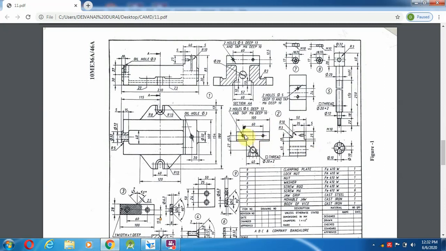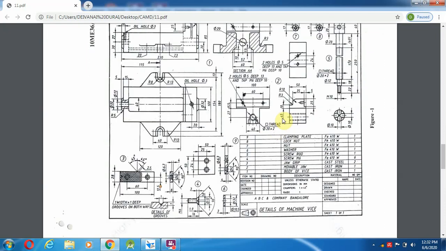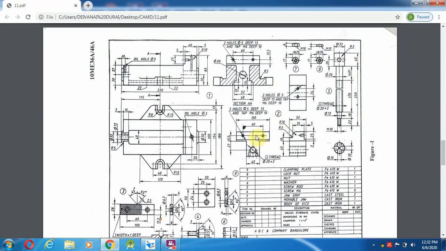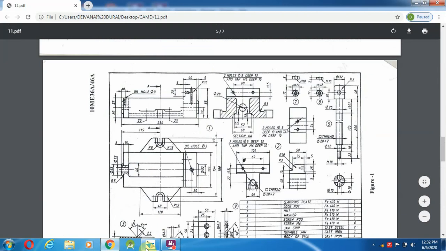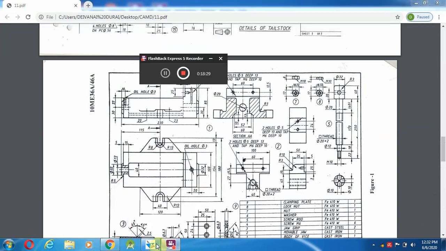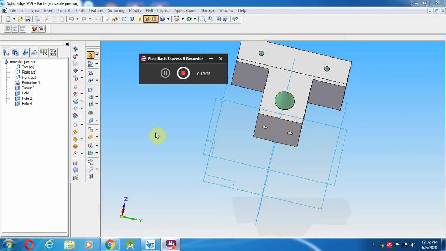Even here the holes and the threaded hole have to be produced, and from this bottom view we have drawn these two holes. The movable jaw has to be over here. The remaining things we will see in the next video. After saving this you can go to the next part.